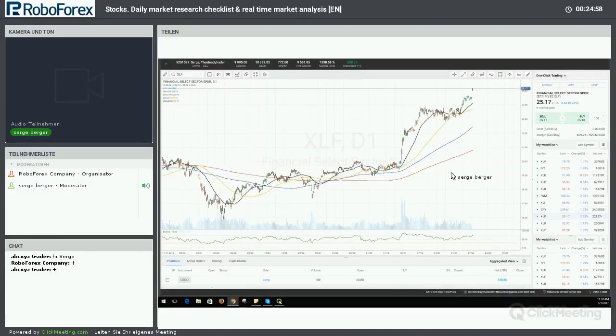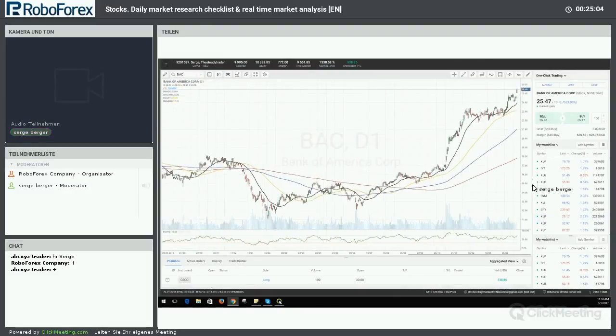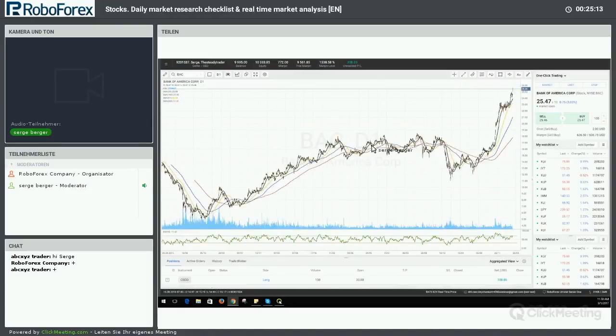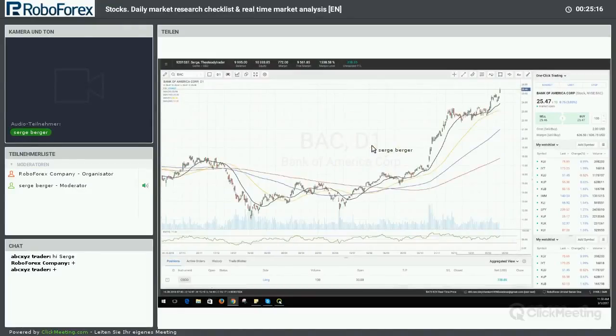You can see the XLF today is up nearly 2%, which if we look at something like Bank of America, which is part of that group, Bank of America is up, you can see 3%, very, very strong moves here for the banking stocks, which I think are looking increasingly tired. So the main point I'm trying to make here before we look a little bit deeper is that the financial stocks and interest rates are extremely important. It's very difficult to see the US stock market rally over time if the financial stocks don't participate.